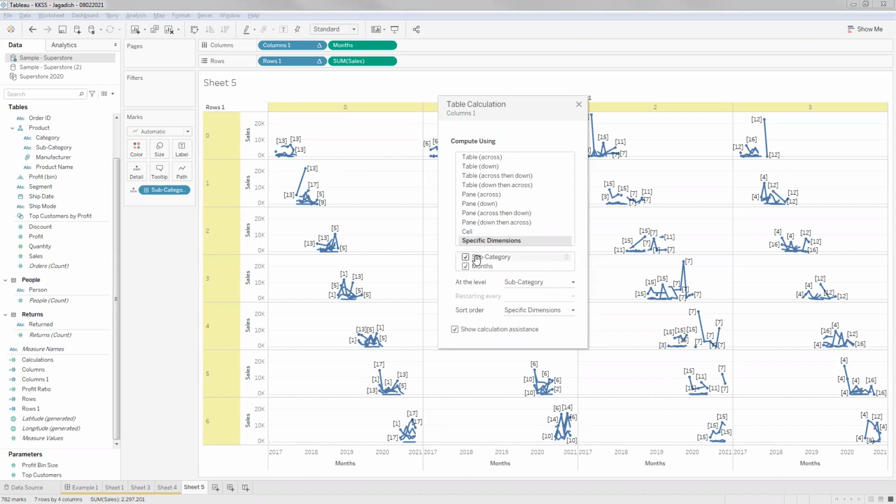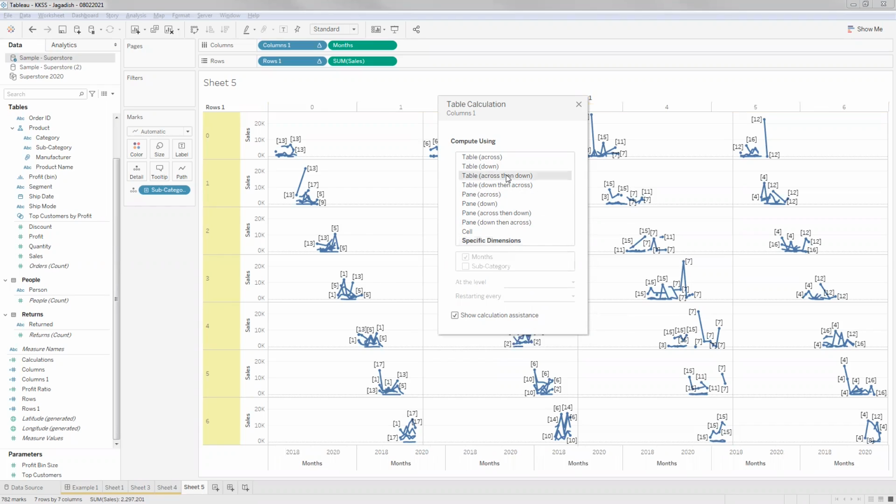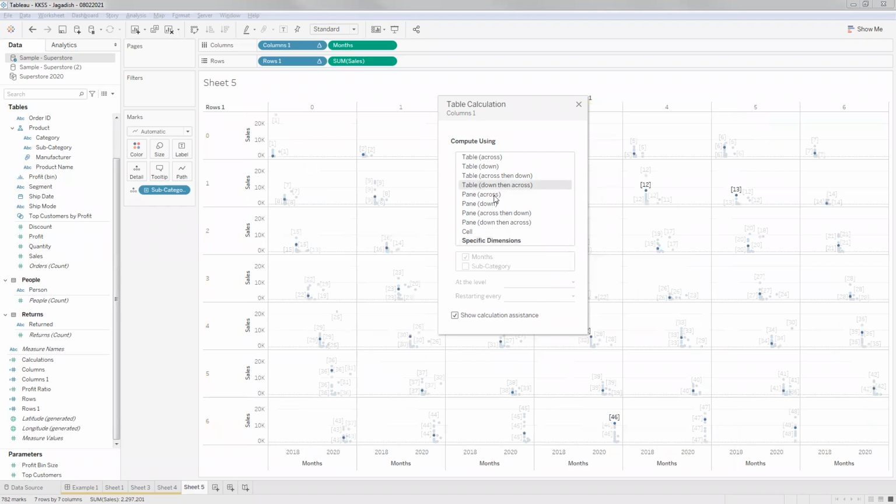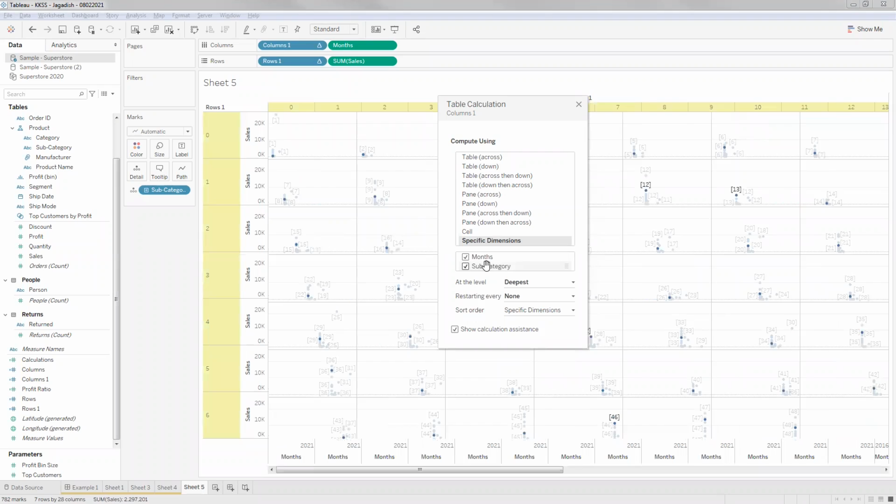For that reason, in order to provide that missing additional information about the view, specific dimensions allows you to have a few options like at the level and restarting every, which is a separate topic in itself. For the time being, say I've chosen table across then down; all of these default options are missed out. They will not be shown, because that's only meant for specific dimensions, where you can provide further details for your calculation.